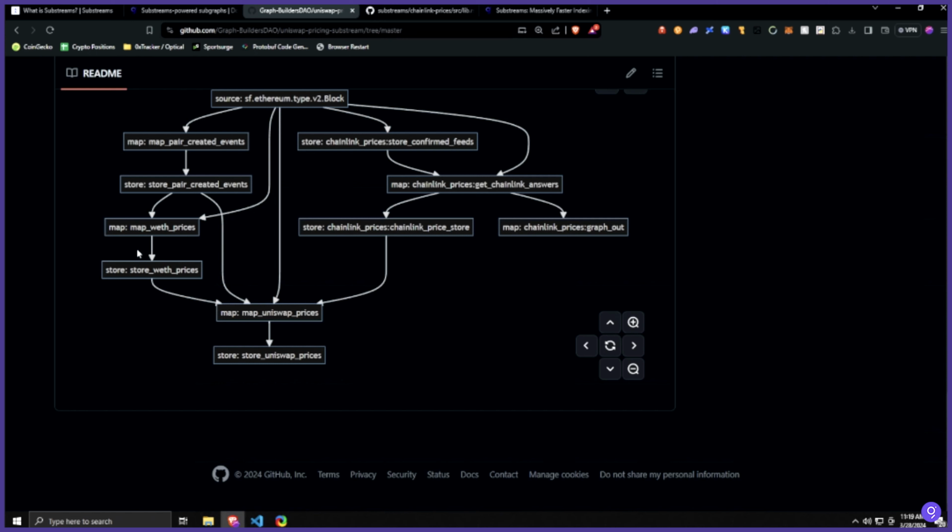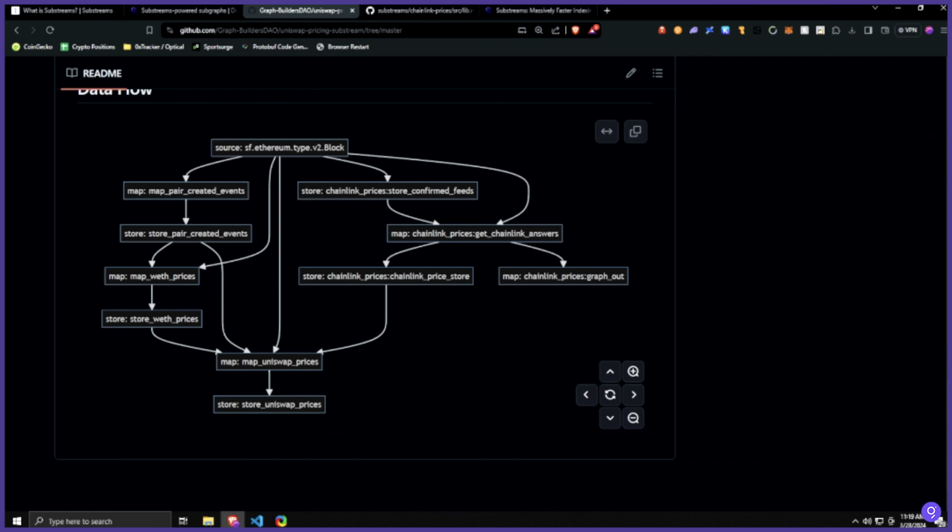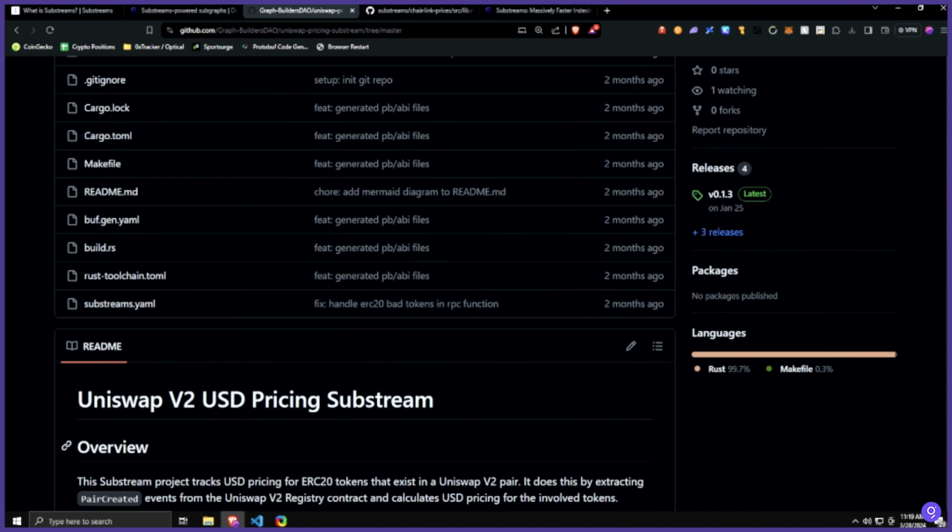So a map module will take whatever data manipulation you've done and then pipe it out in some type of format, right? Whether it be to wherever your endpoint would end up. So each map module has an output of a protobuf definition, and we're going to be able to ingest that protobuf definition directly into our subgraph. So right here we have this final map Uniswap prices, and if we take a look at what that is outputting,